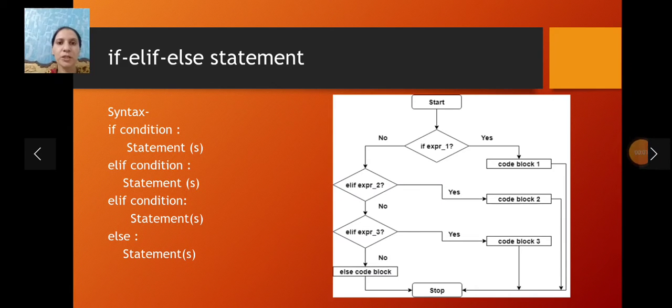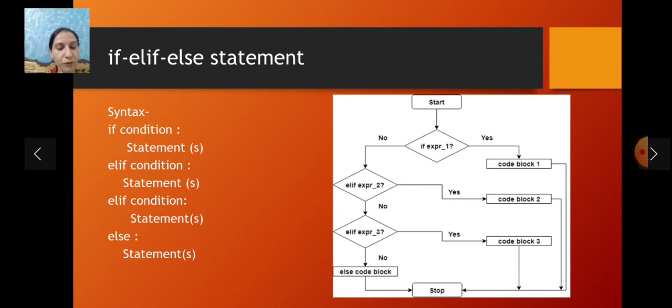Good morning, students. Today we discuss the if elif else statement. This is also a decision making statement, and the if elif else construct is used in situations where a user must decide among multiple options, meaning where we have been given multiple conditions. As soon as one of the conditions controlling the if statement is true, the statements associated with that if are executed and the rest of the ladder is bypassed.